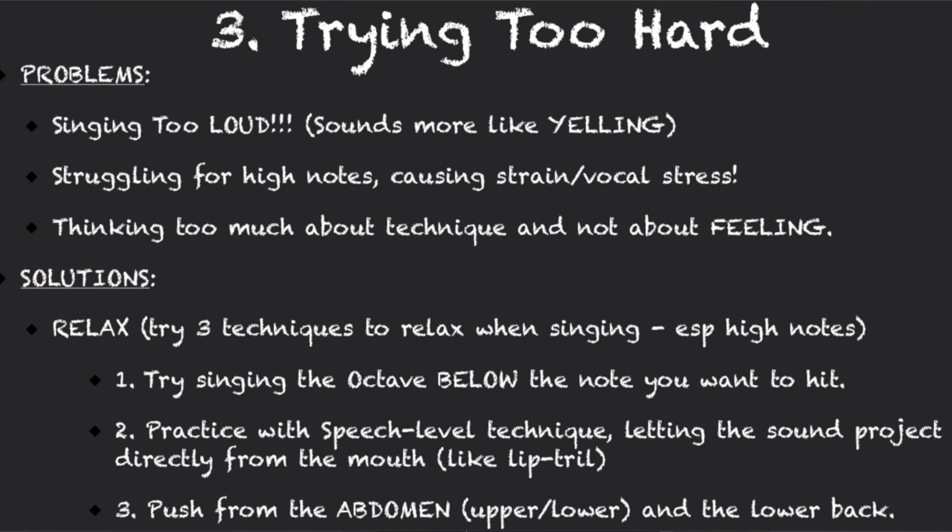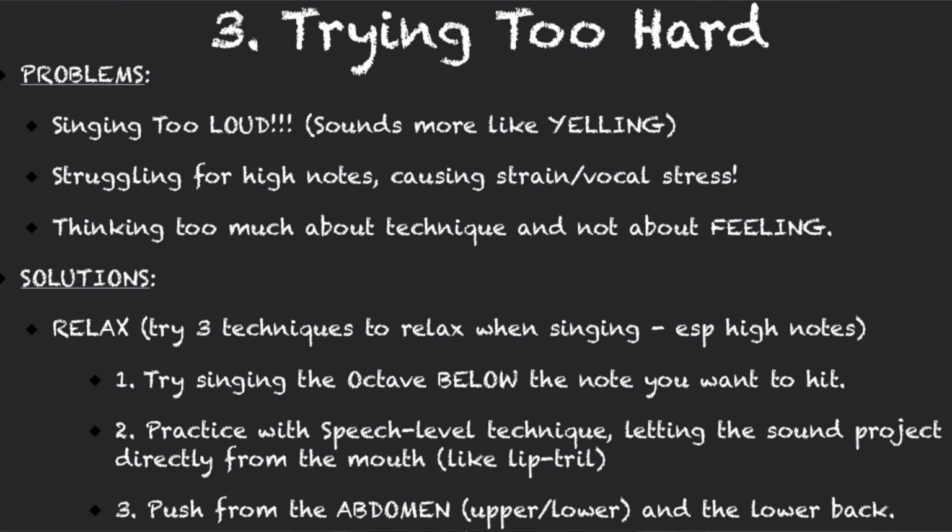Mistake number 3 is trying too hard. So the problems are, number 1, singing too loud. It sounds more like yelling. Okay, so I'm going to take Soundgarden, Jesus Christ pose. As you stare at me in the Jesus Christ pose. Okay, so it's like just yelling out. It's not kind of using the style and not listening to the actual tones and the flow of the song. Okay,